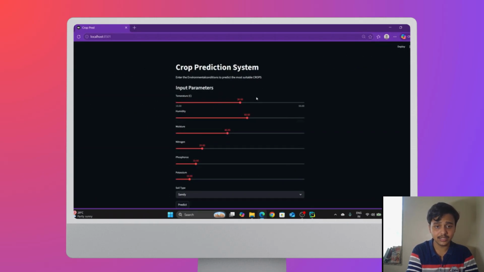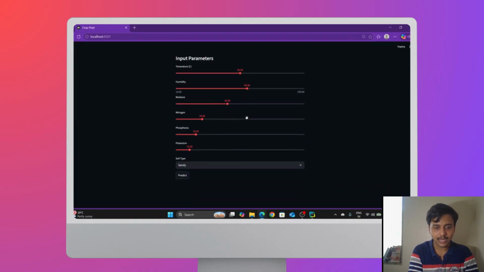We can see here all the values, 30, which was defined as our initial value, and the temperature ranges from 10 to 50 degrees Celsius. Humidity ranges from 10 to 100 with our linear value to be predicted as 60. And this is the select checkbox. When we click on here and select black soil, since I come from the southern part of Maharashtra, from Sangli, we have black soil in abundance.